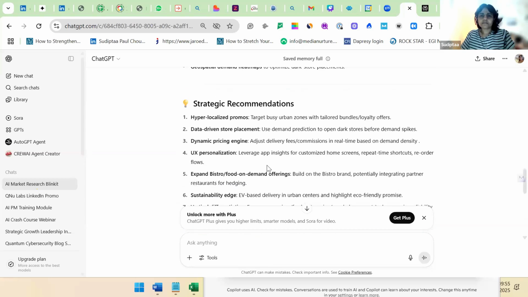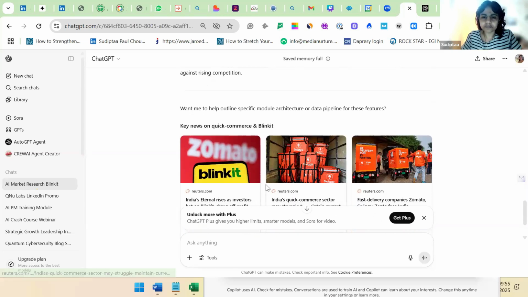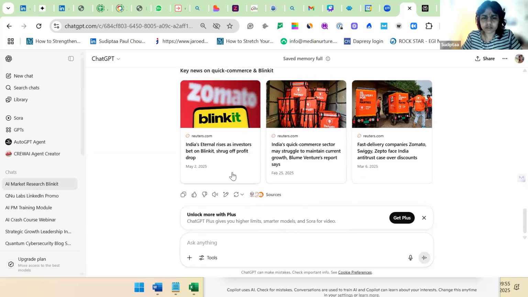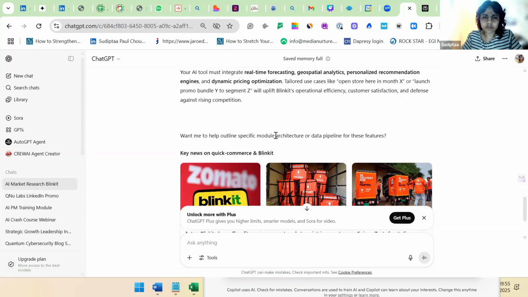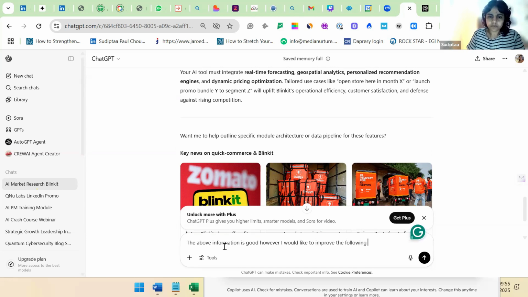Okay, now this part is clear, right? And it has then given me all these details. Now look, it is asking me as well, want me to help outline a specific module architecture or data pipeline for these features? Yes, you can do that. Or you can say that the above information is good. However, I would like to improve the following. What are the following? Instead of